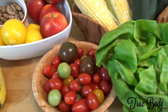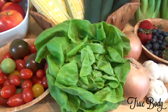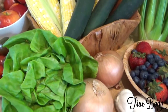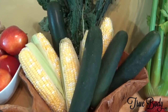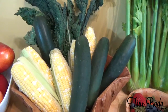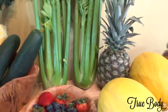Here I have a variety of tomatoes. This is a hydroponic butter lettuce. Some garlic and onions as I make and saute various dishes throughout the week. Here I have corn, a zucchini, kale, and cucumber. I'll probably use the cucumber and the kale in juices, 2 stalks of celery, which I'll be juicing, a pineapple,